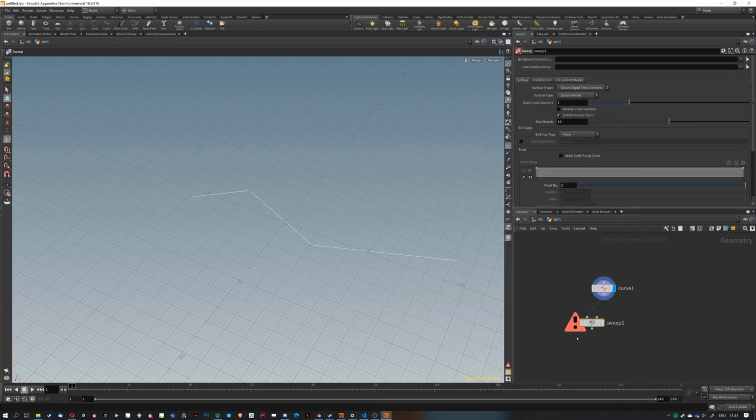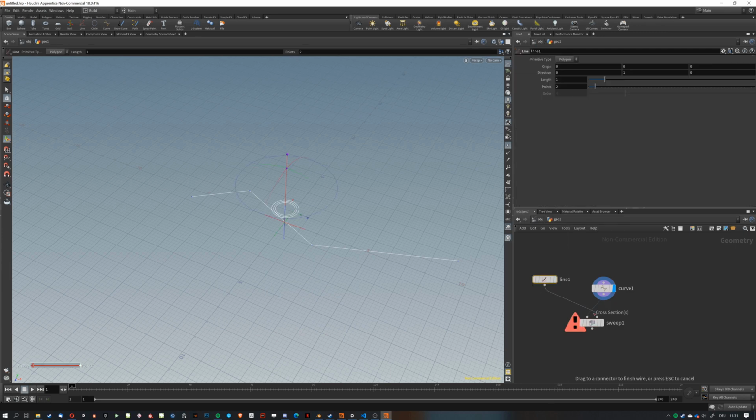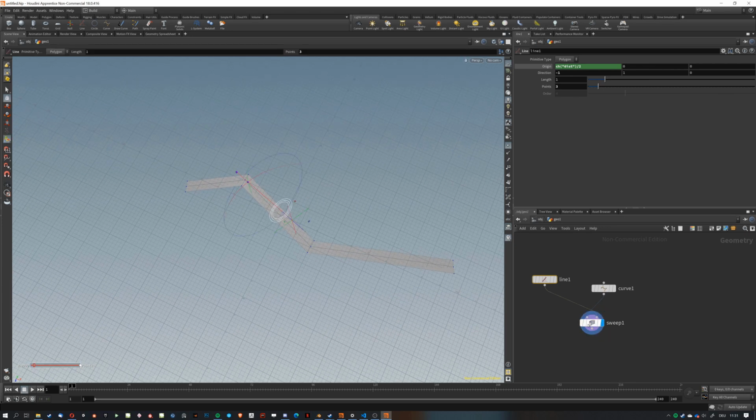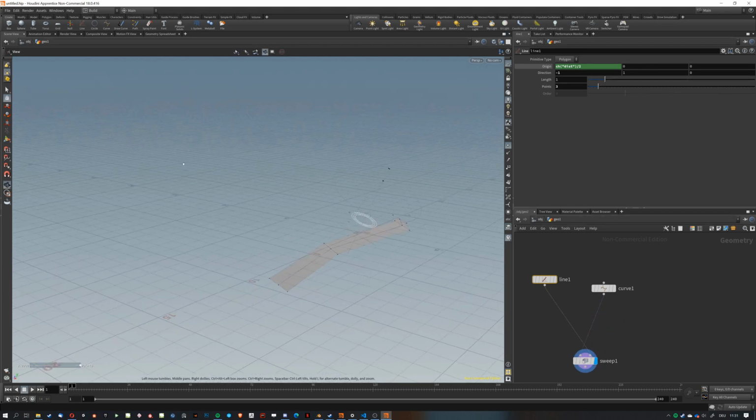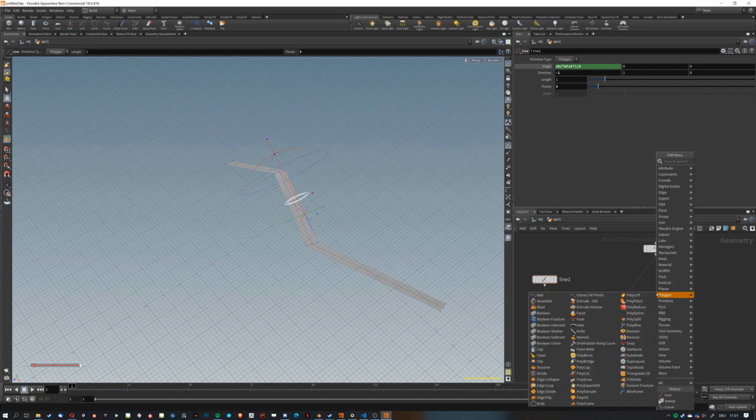Then the sweep, and we're gonna sweep a line. This line I want 3 points. Direction -1 there. This one. Paste the relative references divided by 2, and now we should get a decent sweep, although